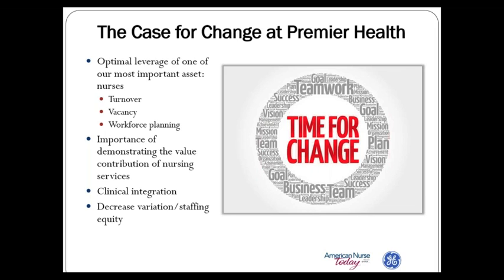And lastly, the case for change was for us to ensure that everyone that comes and seeks services within Premier Health deserves to have the same level of care, if you will, no matter which organization you are, and that the resources available to them would be somewhat equal depending on what their needs are, hence decreasing the variation that we saw, as well as